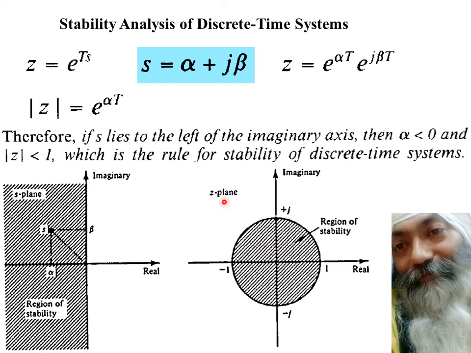So we determine the roots and see whether the roots are within the circle, system is stable, outside the circle, system is unstable. As we see, this is a 1:1 mapping, corresponding mapping of the poles over here to the poles over here. So friends, I think I have made myself very clear on the stability analysis of discrete time systems.